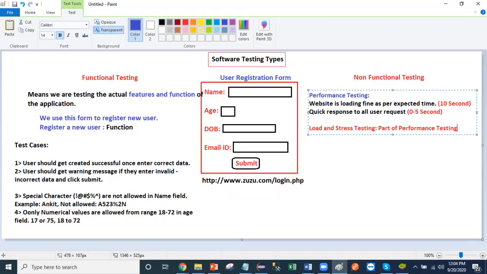You got my point? These are the parts of performance testing: the load testing and performance testing. How the load is going to be tested, how the stress is going to be tested is part of performance testing. Now, another thing is stability,